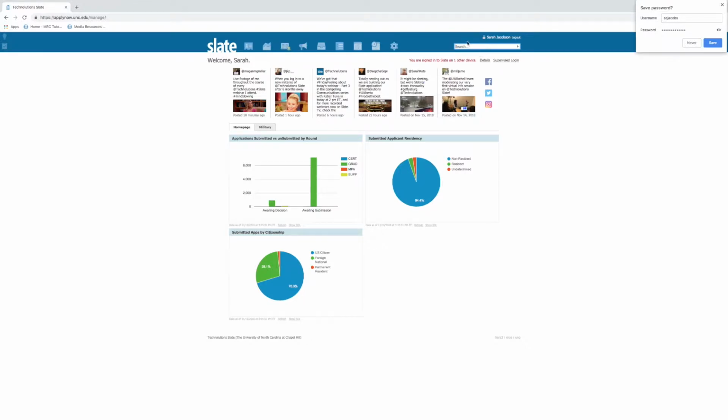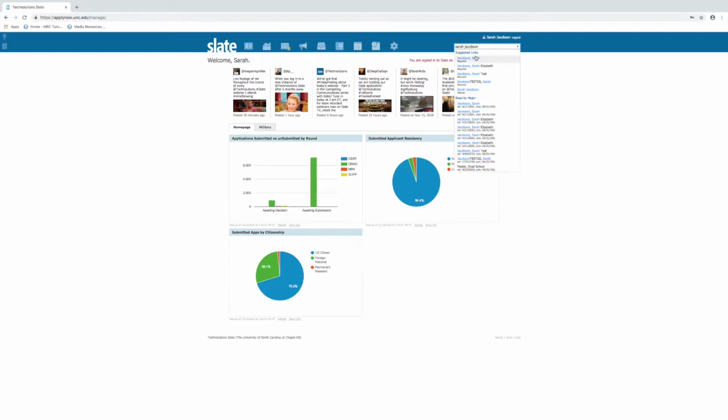From this page, you can do a basic search here from the search bar. So you can start typing in an applicant name, for example, and it will search in real time. So it'll give you all the different records that come up with Sarah Jacobson. As you can see, I have many test applications. You can also search here by